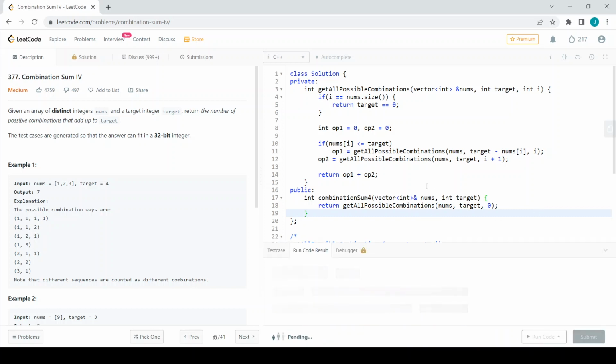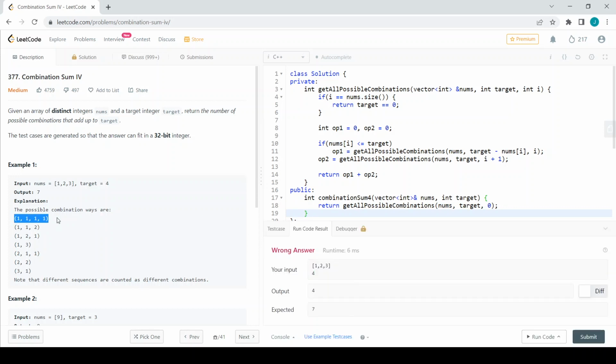Actually, the reason it is giving the output 4 is that it is counting this as one possible combination, this as one possible combination, and this 1 3 as one possible combination. 1 3 will form one combination, and 2 2 will form one combination, because this is going forward, and if it picks 1, then it is going to pick 2 or